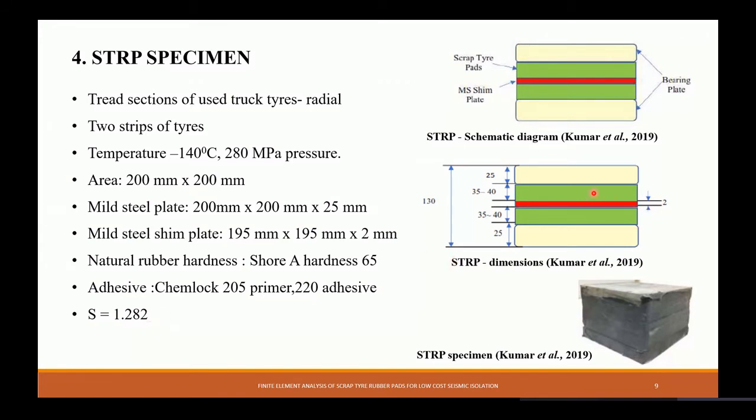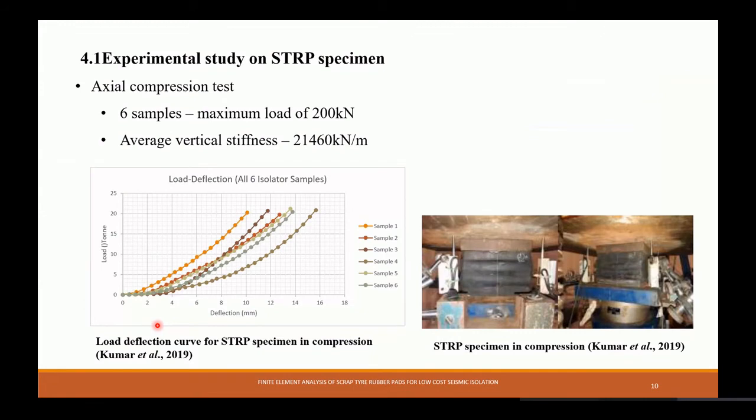The reason is that in those we did not have the wires. Now, the wires in the rubber volume are effectively performing the same task that the steel shim is performing, and it is basically constraining the rubber layer, although not in plan, but through the bonding between the rubber and the wire, it constrains the too much deformation of the rubber layer. So for this case, even a shape factor as low as 1.282 might be effective, as we will see later. Okay.